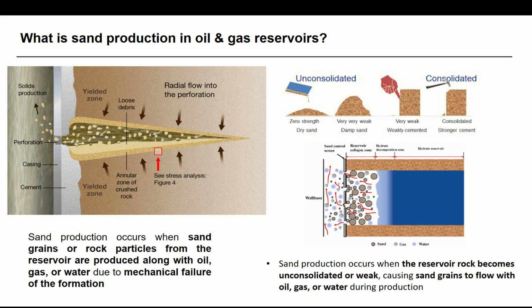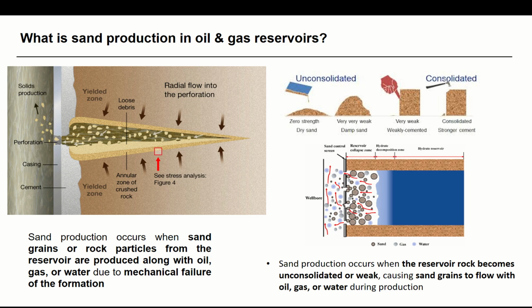The question is, what is sand production in oil and gas reservoirs? As you know, sand production occurs when sand grains or rock particles come from the reservoir, produced along with oil or gas, or even with water, due to some mechanical failure of the formation. This is the production of unwanted sand within reservoirs,